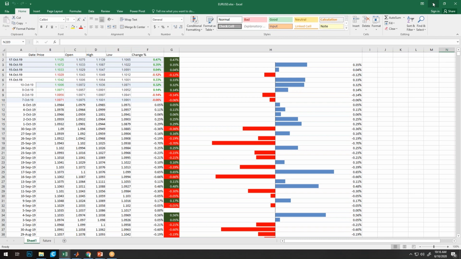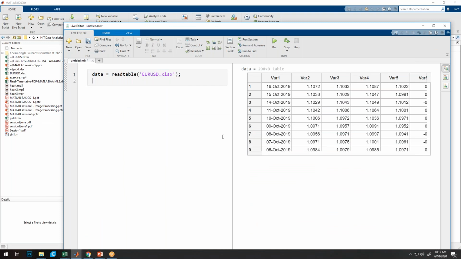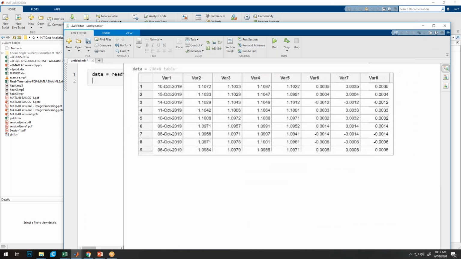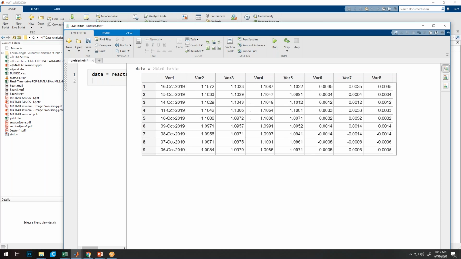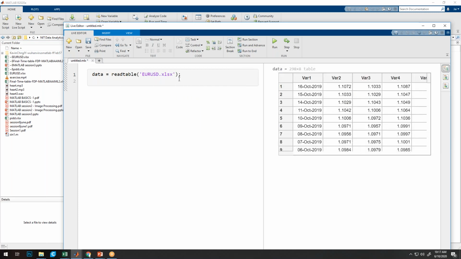That is what we want to see. So percentage change is our column 8 and opening price is our column 2. How can we directly take the data without converting into matrices, which we did earlier using the table2array command? We can use this by writing it this way.